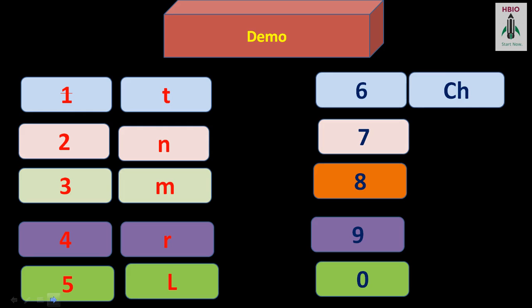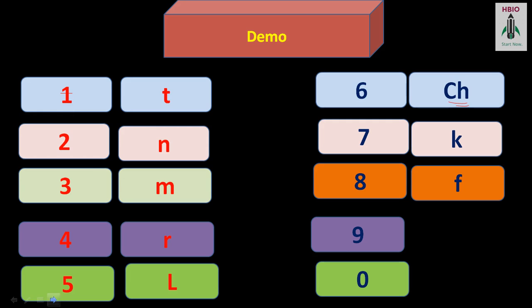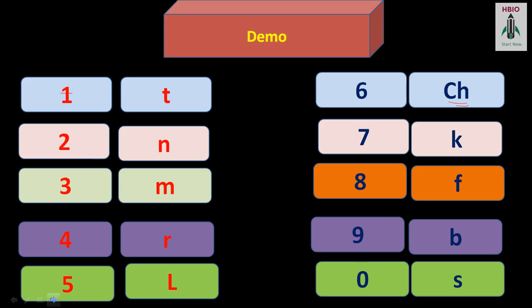6 becomes Ch, as in cheese. 7 becomes K. 8 becomes F. 9 becomes B, and 0 is S. So these are the consonants. I would recommend that you pause the video for a few minutes and just try to remember all of them. It's very easy. It will take hardly 5 minutes, but it's worth the trouble. Moving on,